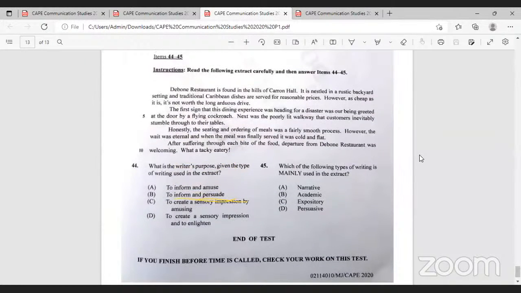Last two questions. D-Bone restaurant is found in the hills of Carron Hall. It is nestled in a rustic backyard setting, and traditional Caribbean dishes are served for reasonable prices. However, as cheap as it is, it's not